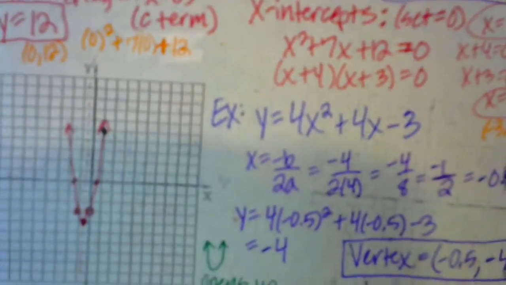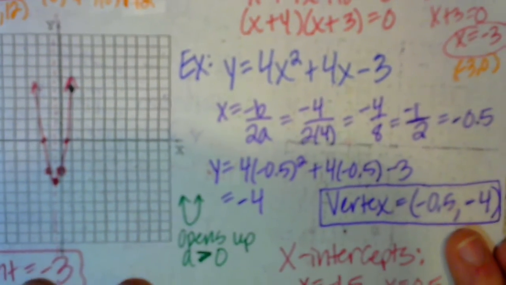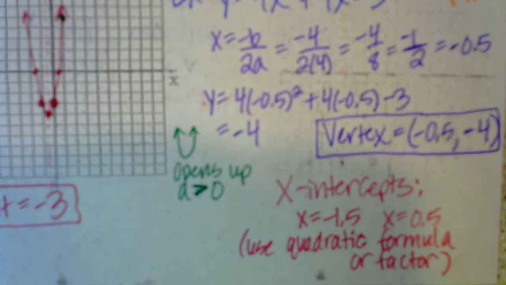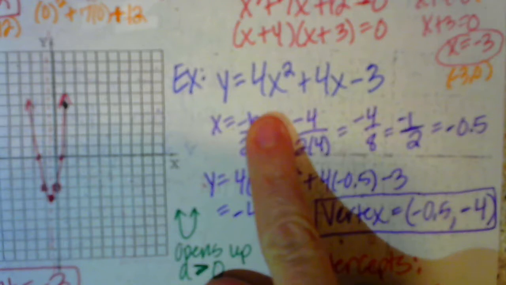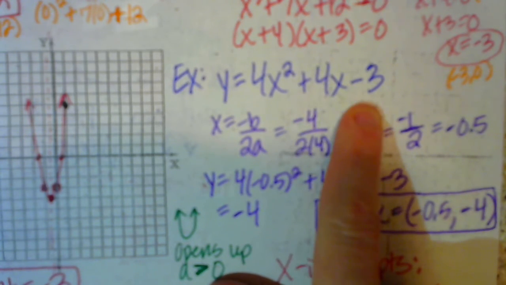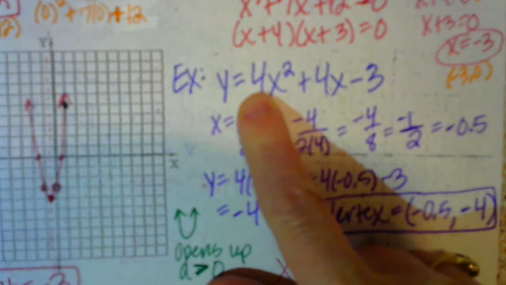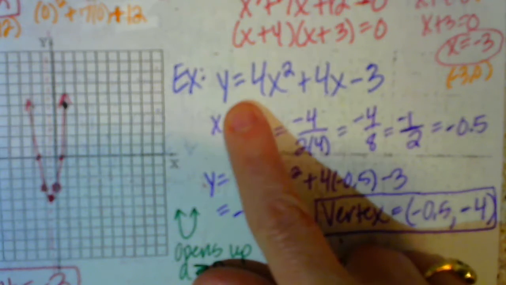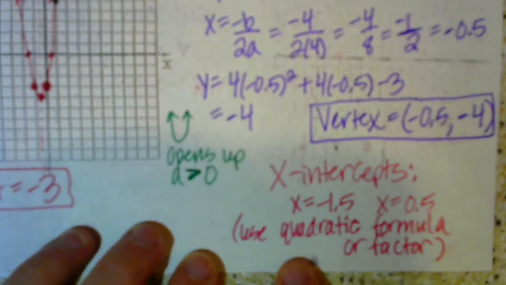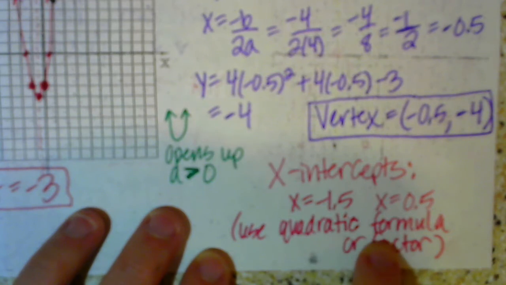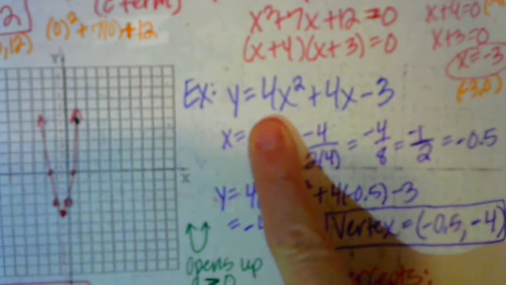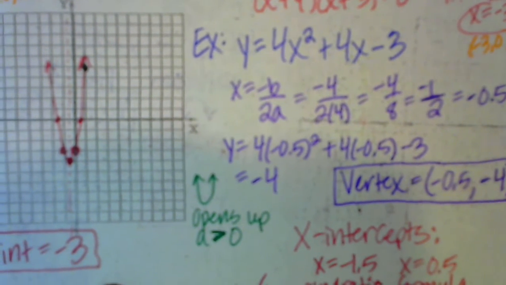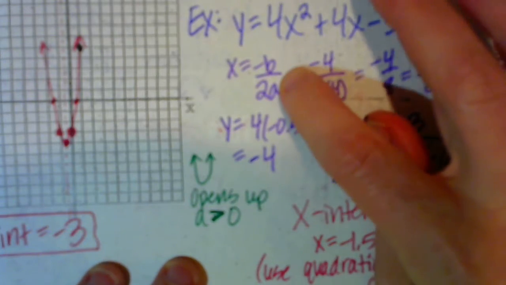Okay, so this walks through another one. Same steps as we did before. For this particular problem, you could factor it or use the quadratic formula, but it's going to be split the middle because you got LC greater than 1. So if you factor, you're going to have to do the split the middle method to get those x-intercepts. Or you could use the quadratic formula if that's easier for you, if you don't want to factor using LC not 1. But you should be able to follow my steps and see how I did axis of symmetry,